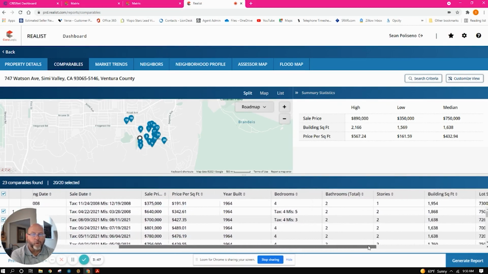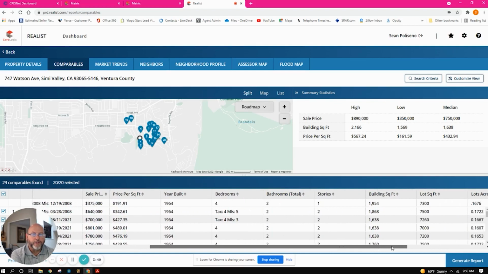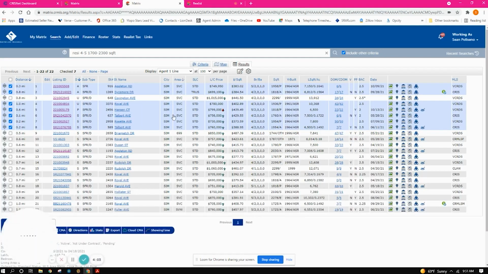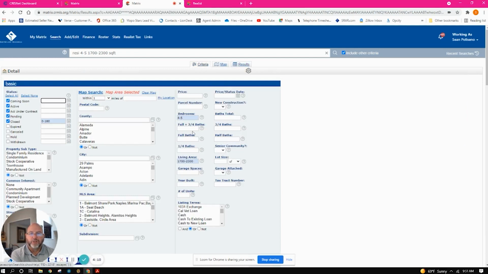626 Watson Avenue. It's a 4-bedroom, and the square footage is 1638. That's the problem. We are going 1,700 to 2,300. So we do want to include this one because it is right on the street. So the way we fix that is we come over here and we change our criteria to show